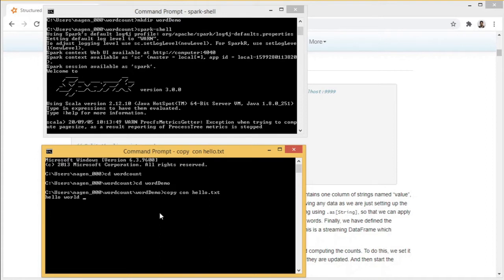Hello world, how file words in this line. Let me add some words. Apple. So this is the example I'll be using.